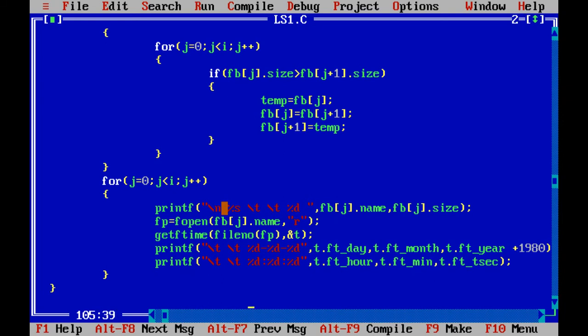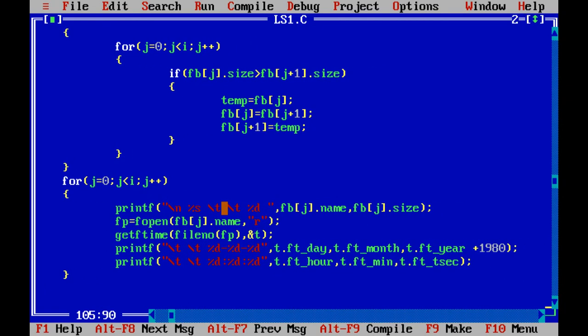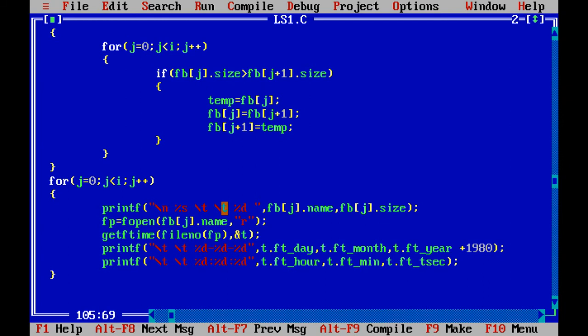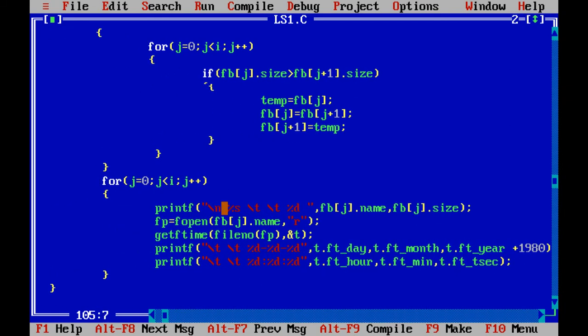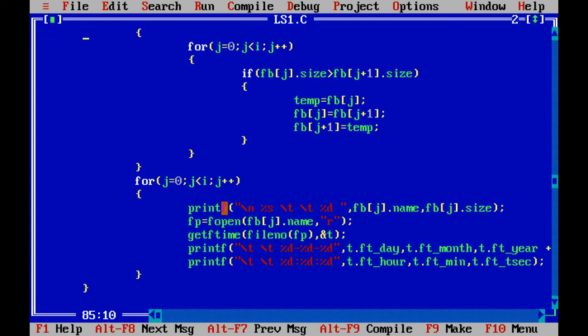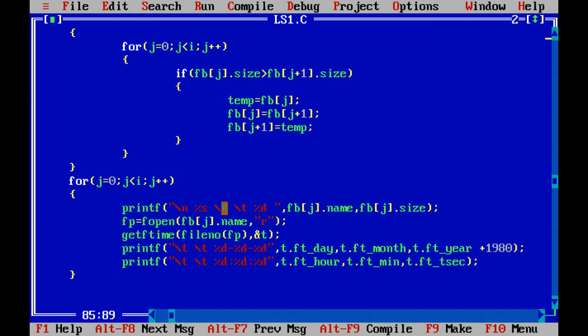And finally this is the same code for displaying name, size, day, month, year and hour, minutes and seconds. So that's it. This is all about the ls command of Linux, which is just going to give us the list of files present in your directory location.